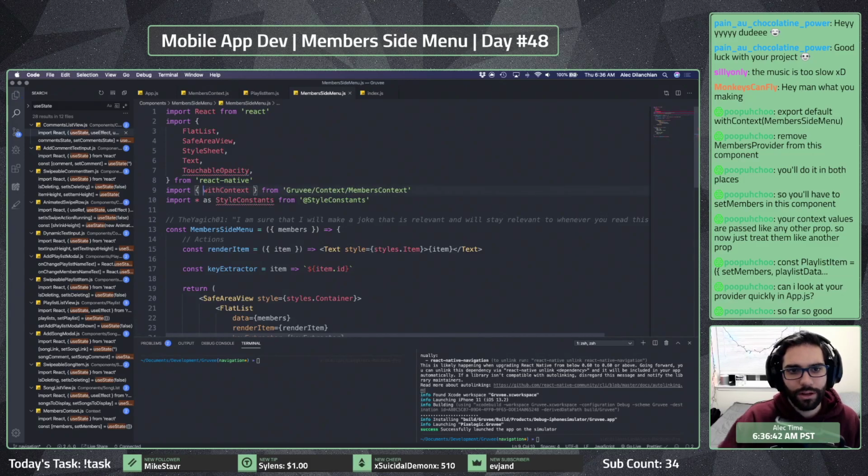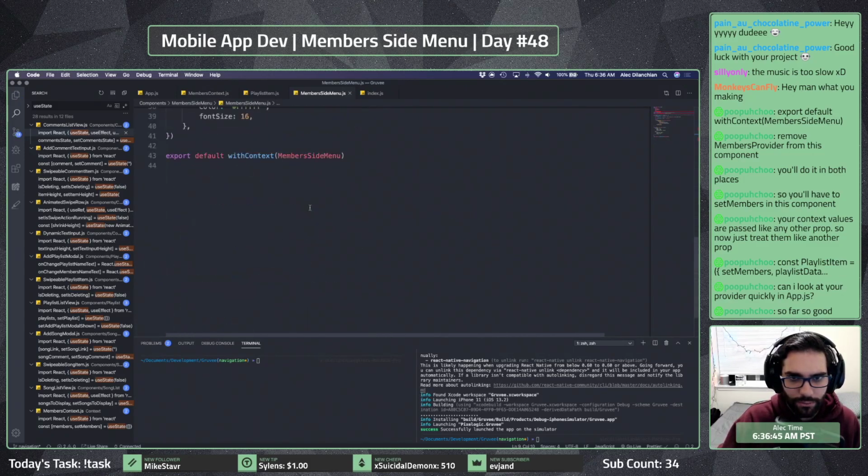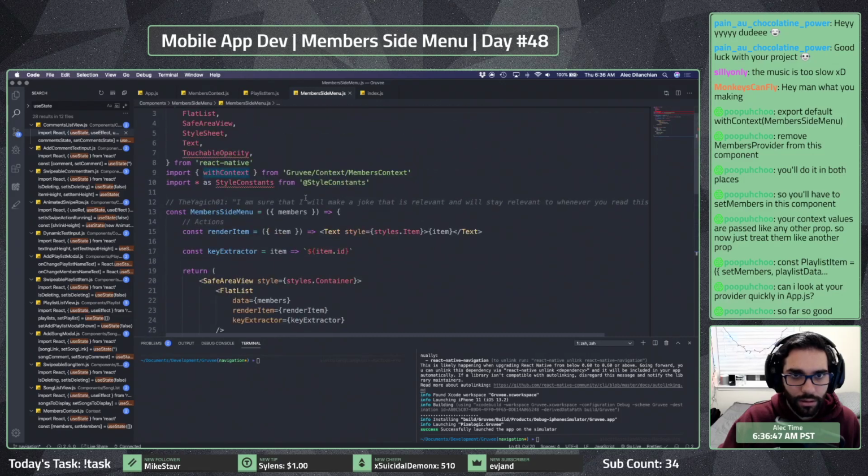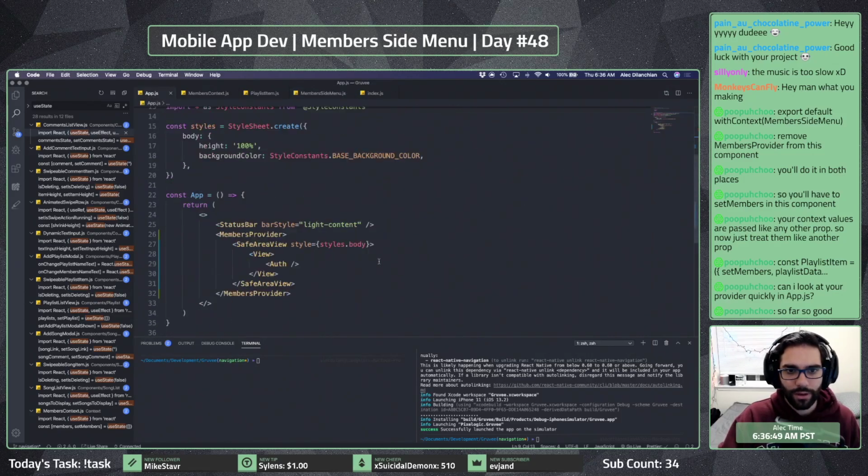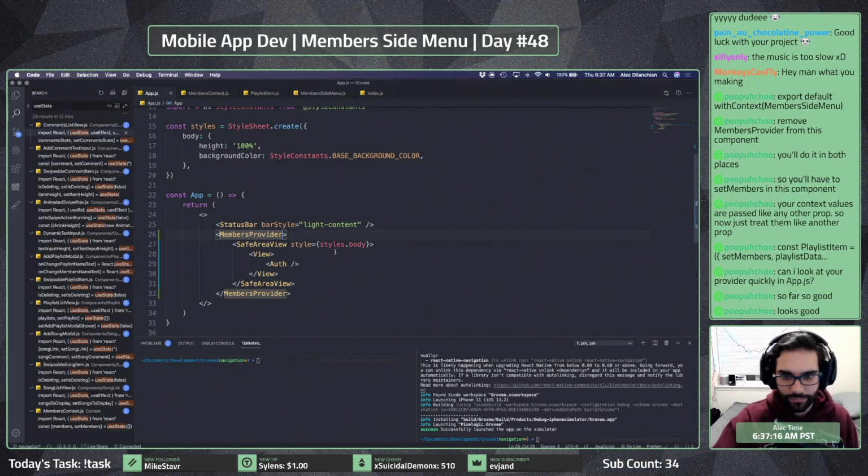I don't think we need members context anymore, right? With context again there. And then app.js. Okay. Yeah, so the only thing about the members provider is the value portion of this, but that's already initialized, right? So we shouldn't have any issues here. But for some reason, I thought the value portion of these providers would watch those certain values, right? Looks good? Okay, cool.